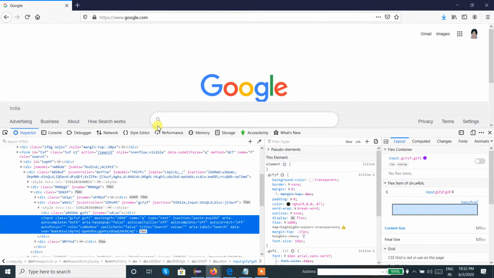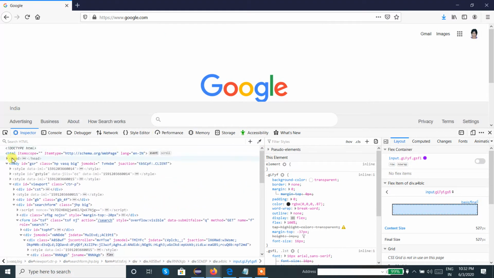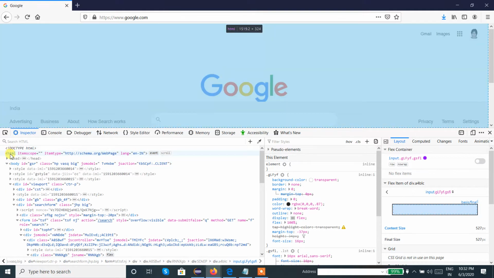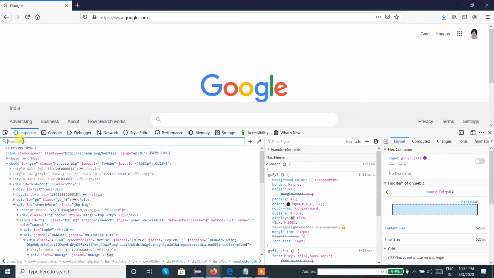Now to write the absolute XPath, we need to start writing the XPath from the parent tag, that is the HTML tag, and the absolute XPath starts from HTML. Single slash.